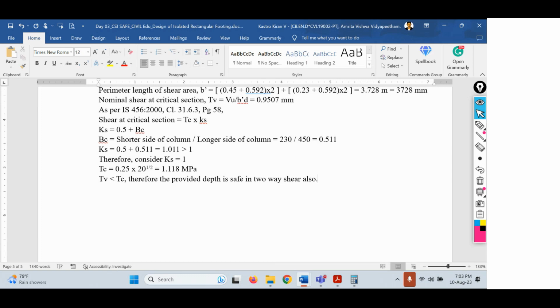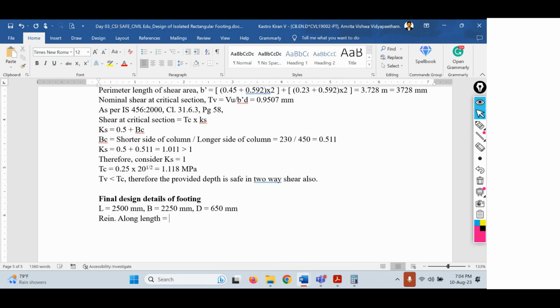So once you arrive at this, let me just write the final design details of the footing. What are the final design details? Length of the footing equals 2500 mm, the width of the footing is 2250 mm, and the depth of the footing is 650 mm. And then the reinforcement along length equals